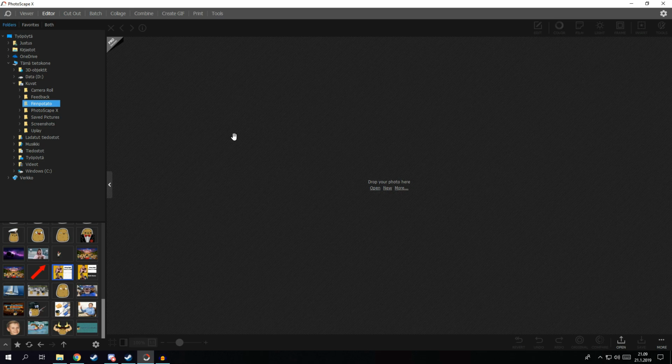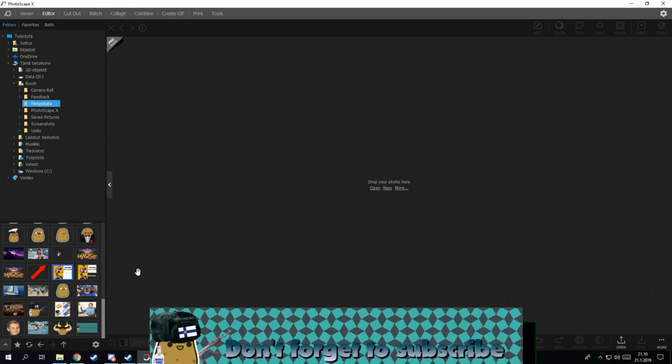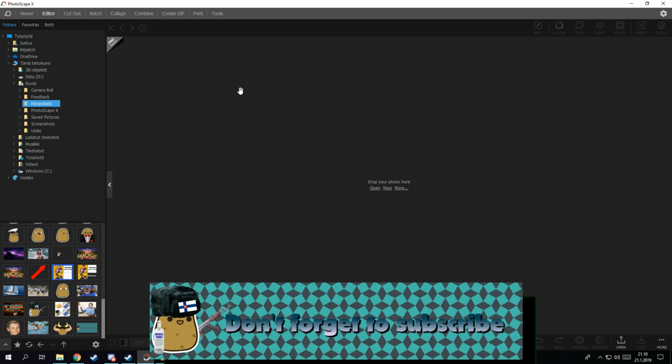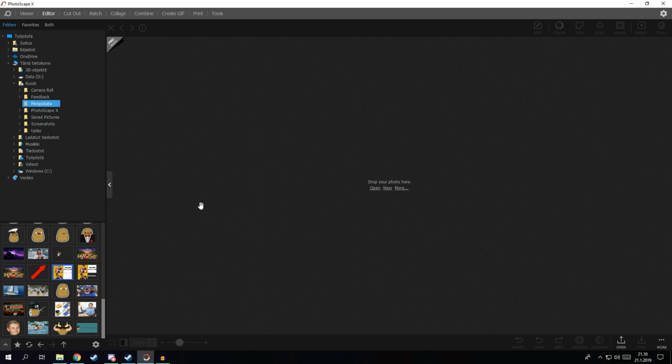Okay, first of all, open the photo editing software of your choice, and for me it's the Photoscape X. But you can basically do this with any software that can do PNGs. So the first thing you gotta do is choose the template. If you want to do a completely new one, that's up to you, but